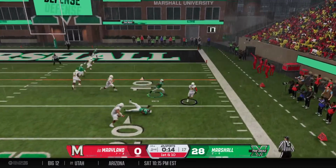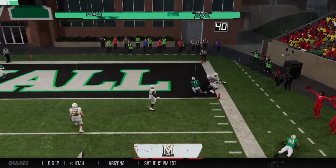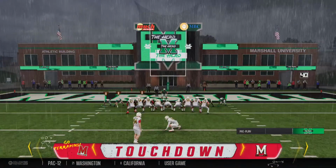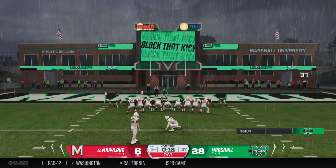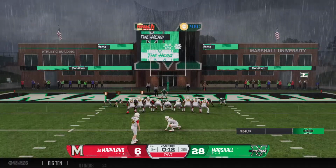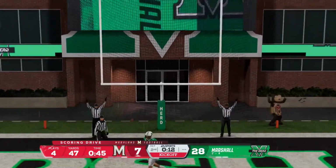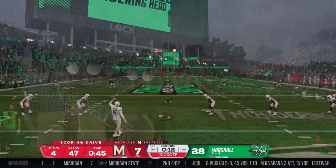1st and 10. They've got the screen set up. Touchdown, Terrapins! Hauled that baby in and then strolled into the end zone for the score. And this defense, just a little bit of a letdown right before the half. Been controlling this football game, been dominating this football game, giving...